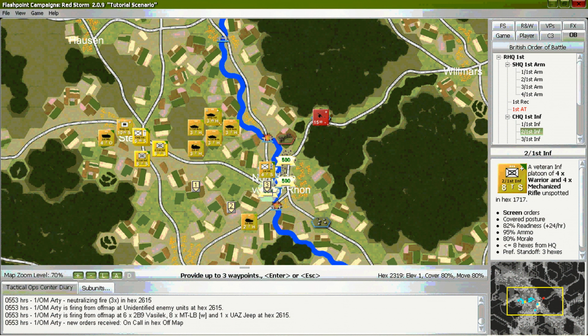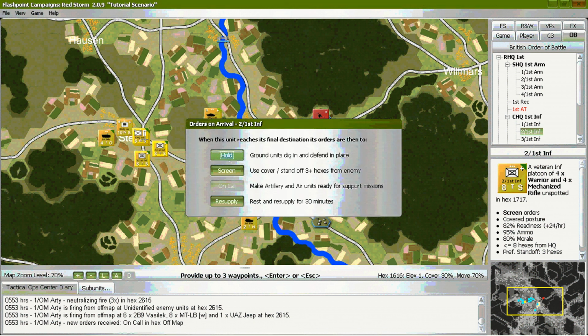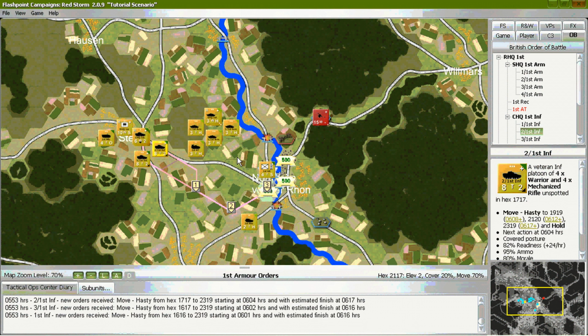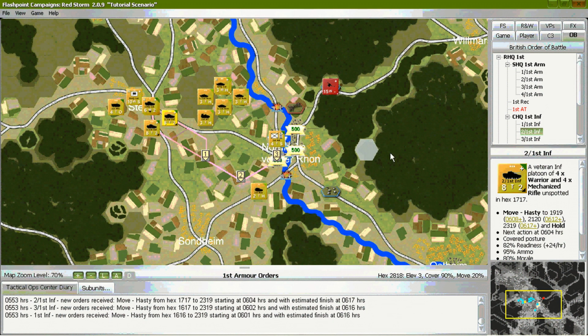Click back on any unit to set the move order, and the pop-up Orders on Arrival dialog appears. Select Hold. Notice that doing a hasty movement did not give us an option to disembark at a distance. Our troops will jump out once they get to their objectives. Take a moment and spread the infantry units into each hex of the objective.